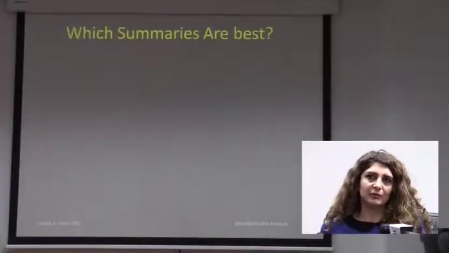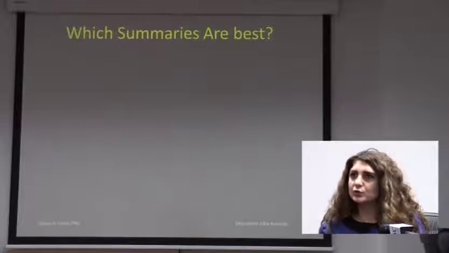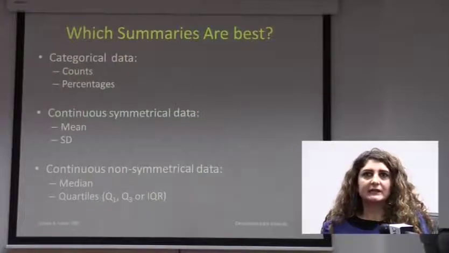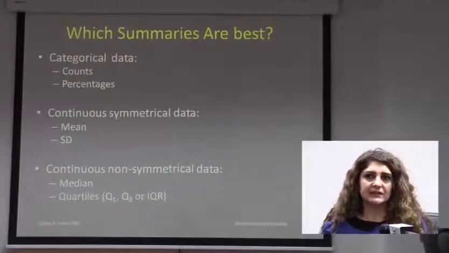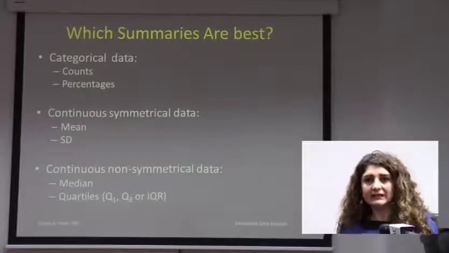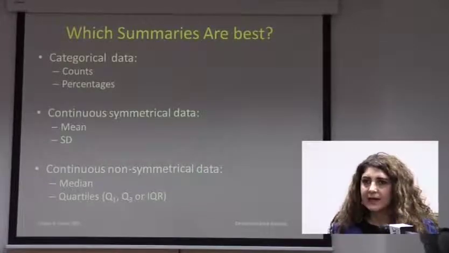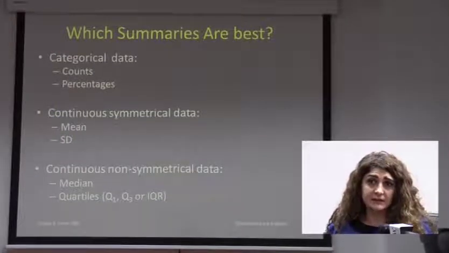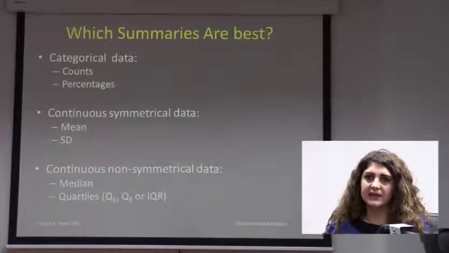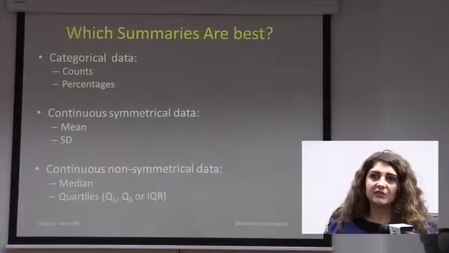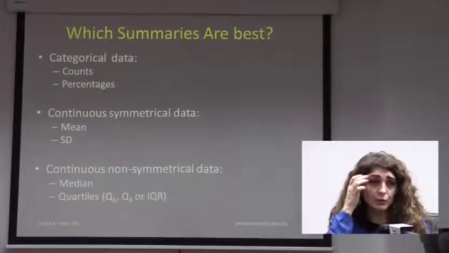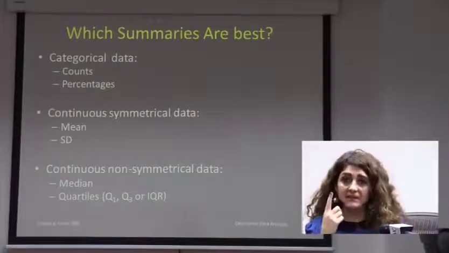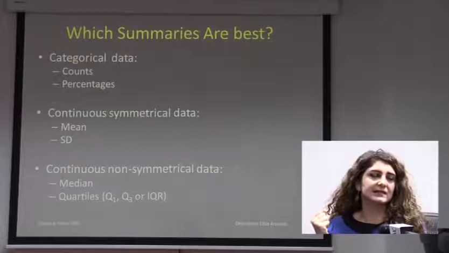Okay, a lot of summaries now, a lot of numerical summaries. I don't want to confuse you. There are summaries that are best, and these apply to every situation. Now, for categorical data, that's it, counts and percentages. For continuous data, usually we select a measure of center and a measure of spread. And what makes us choose which measure is the shape of the data. If I have symmetrical data, the measures to represent this are the mean and the standard deviation, straightforward. If I have non-symmetrical data, so I have some skew in the data, I use in this case the median, because as we already talked about, the mean is affected by the skew, and the quartiles in that situation,